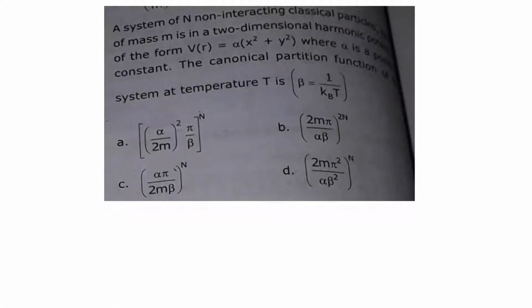So we know the partition function's formula. Z of n is given by e to the power of minus beta... So actually let me write only Z. Z of one particle, the partition function of one particle. In the end we'll find Z of n, which is the partition function for n particles. So the integral of e to the power of minus beta E